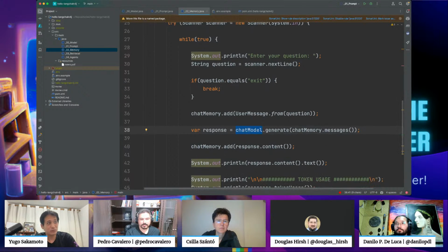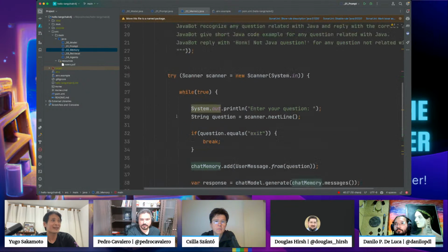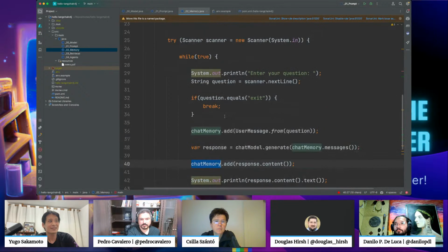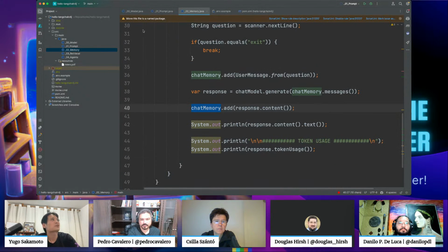And then print the response and add this response to the chat memory. So the next time that I run it, I do the next question, I just add the new user message with the response given previously, and send the whole messages to the chatbot. So let's maybe run it, it is easier to understand by seeing it working.